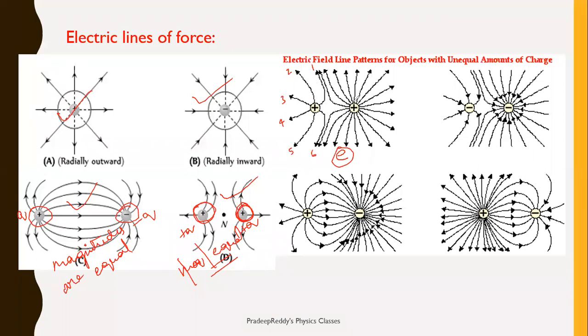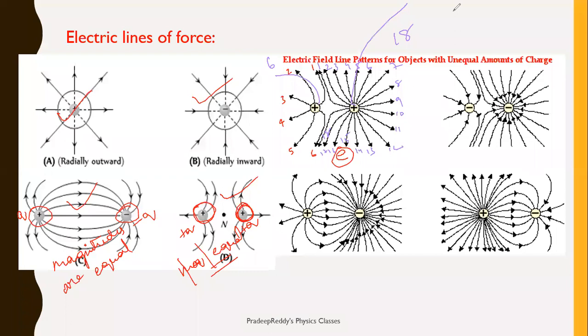Coming to this another positive charge, I can see more number of lines, right? You can count them. It is 1, 2, 3, 4, 5, 6, 7, 8, 9, 10, 11, 12, 13, 14, 15, 16, 17, 18. Field lines for this is 18 in number. Field lines thus for this is only 6 in number.